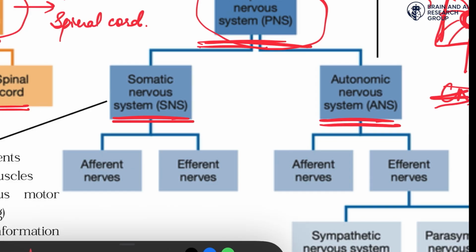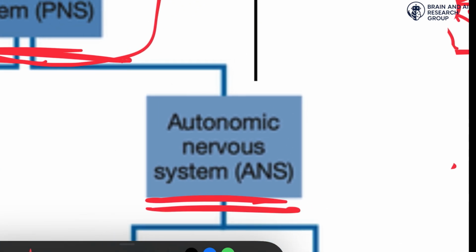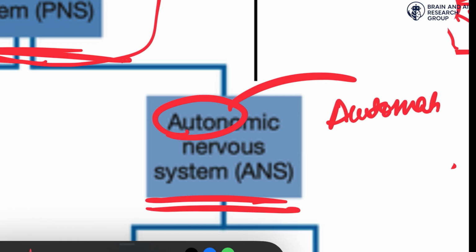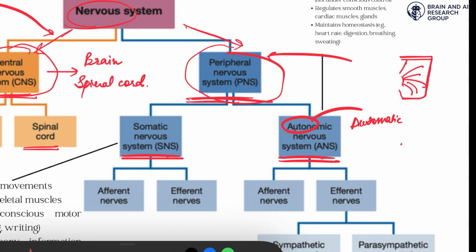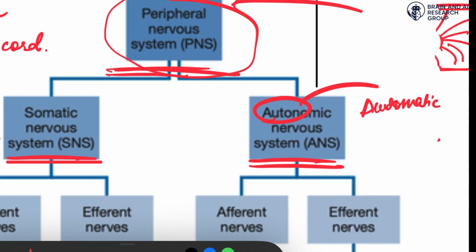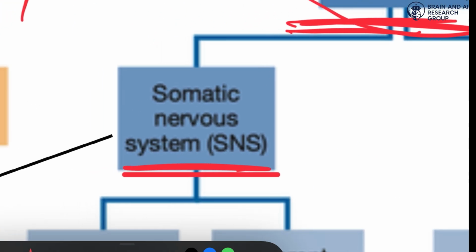To understand all these things better, let's first get into the autonomic nervous system. The name itself suggests automatic. So we can say all the functions in our body which are automatic in nature, which could be digestion, blinking of an eye, the control of your heart muscles, your respiration rates, all are being controlled by our autonomic nervous system. All the automatic functions in your body which you can't control. Okay? Then comes your somatic nervous system.